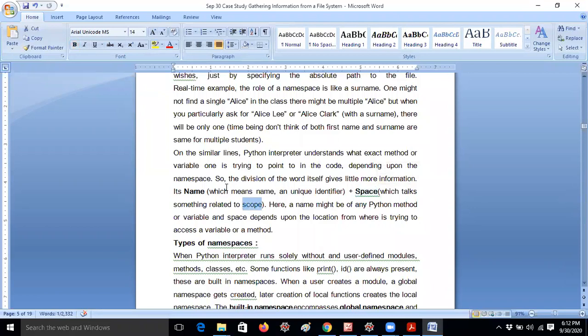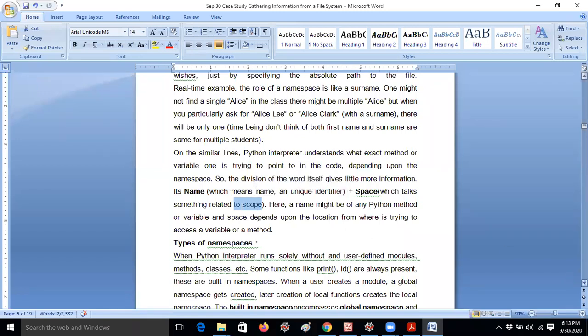Scope is something you already know. In functions we usually discuss scope and lifetime. In the functions topic, I did not discuss scope and lifetime, because in C language and Java we have a concept called storage classes. You know that we have 4 storage classes in C language: auto, static, extern, register. These are the 4 keywords for storing data, and we can retrieve the variables. We all know the difference between a local variable and a global variable. You can declare how the scope will be, meaning how the variable can be accessed in a particular part. It will be decided by the namespace.